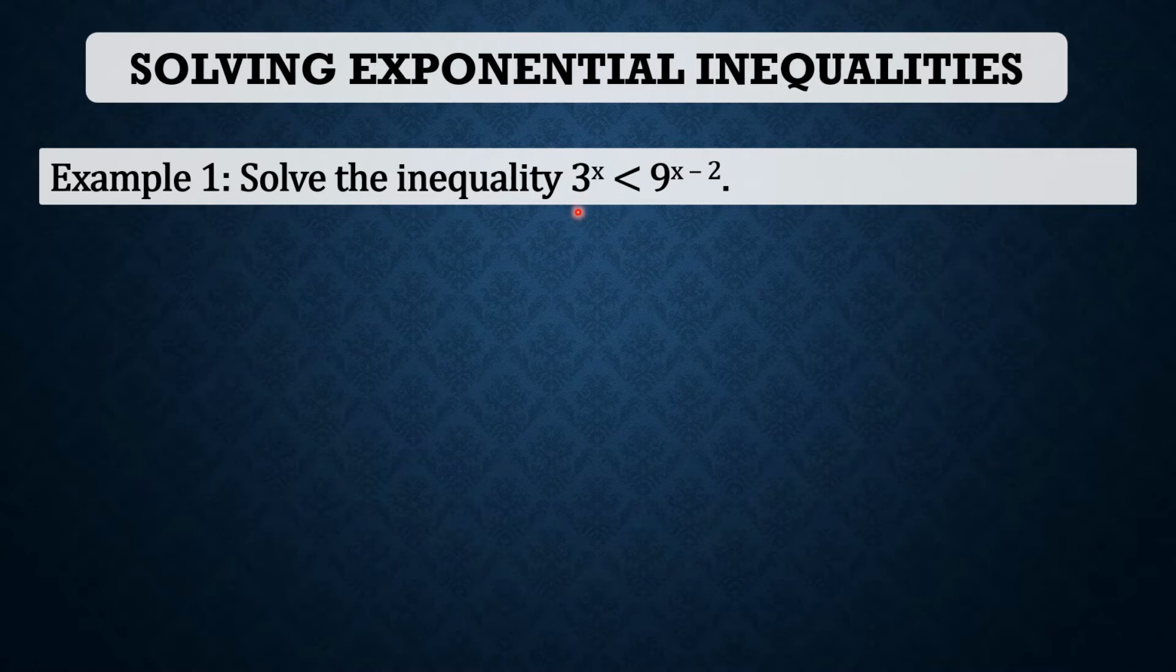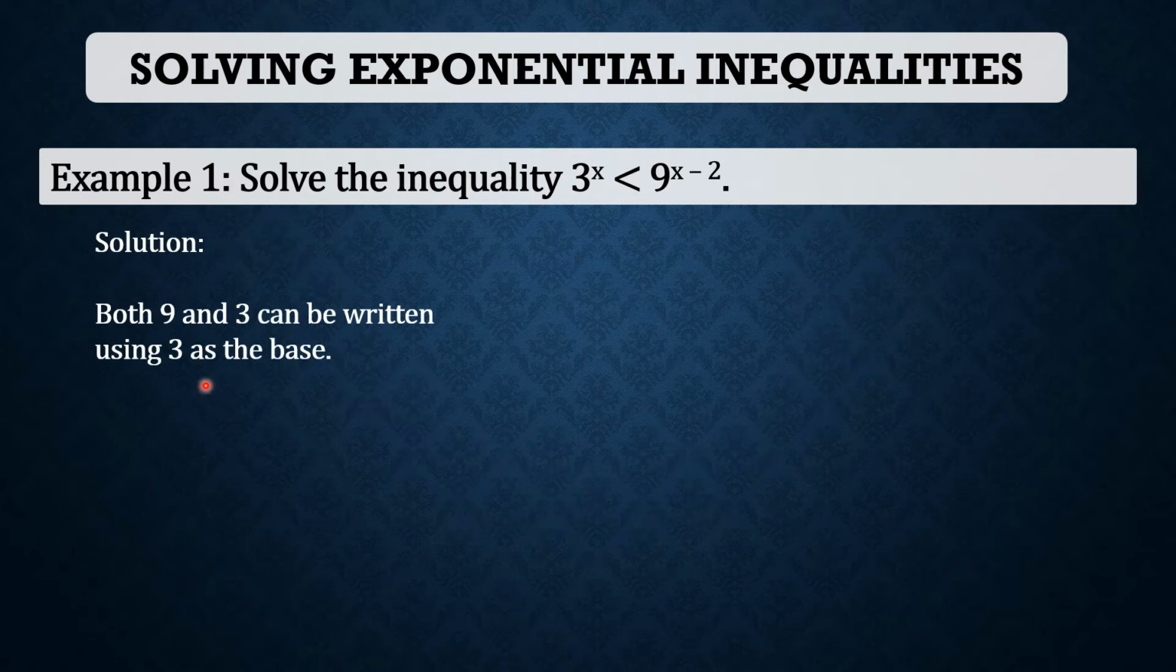So on the left side of the inequality, the base is 3, while on the right side of the inequality, the base is 9. And notice that both 9 and 3 can be written using 3 as the base. This inequality is equivalent to this one. Notice that 9 is expressed as 3 squared because we know that 3 squared is 9, right? So 3 times 3 is 9. Okay? Now, by observation, papansin natin that the base on the left is 3 and the base on the right